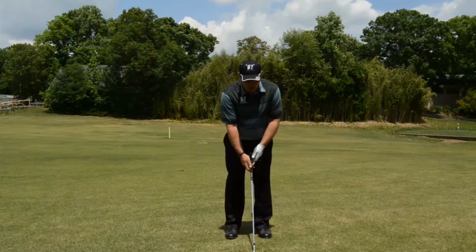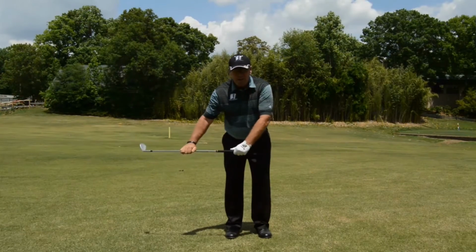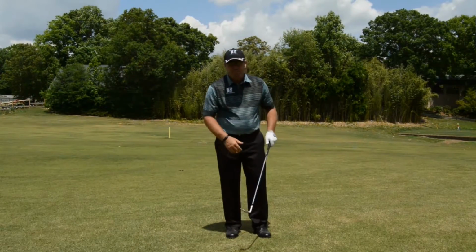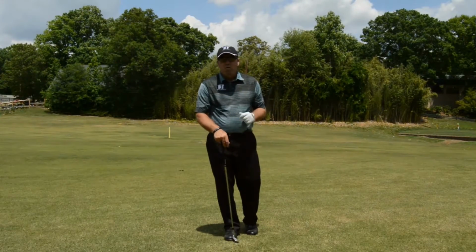And it's because as soon as we take the club back and we change direction, we can see that there's a little bit of loading of that club where it gets behind us. The hands start to work down and the club starts to work back a little bit, and that throws people off. So let me show you a way that we can eliminate that, and it's all got to do with